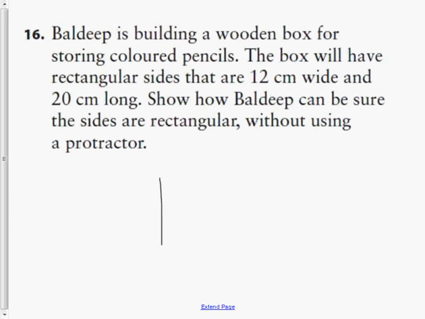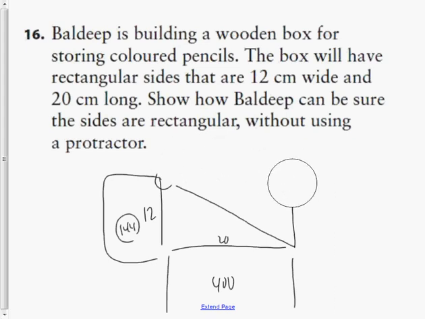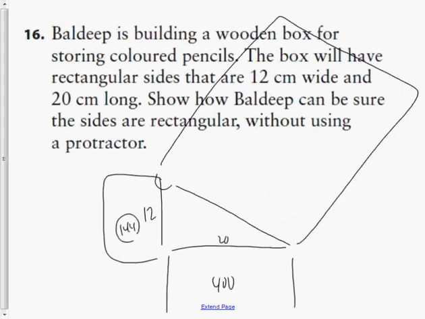So if I draw my box here, and I put 20 centimeters and 12 centimeters, if this is a right angle, then I should be able to know how long that diagonal will be, right? So I know that this will be 144 as an area. This one here, since this is 20, this one should be 400. And if I erase all of this superfluous part of my drawing, I know that this will have to have an area of